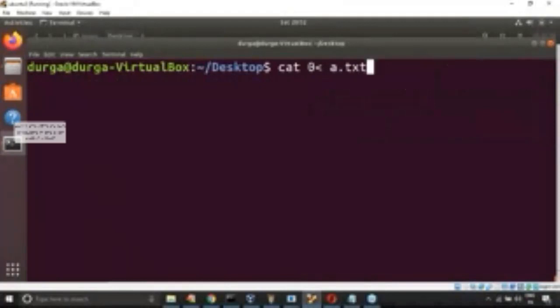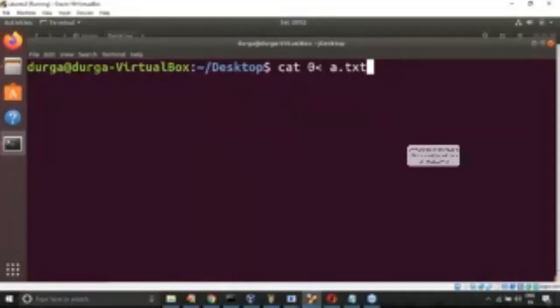Okay, like a.txt. Now, if I press enter, is it expecting input from the keyboard? No chance at all. Enter. Now it will read input from a.txt and display to the standard output device. You didn't perform output redirection.